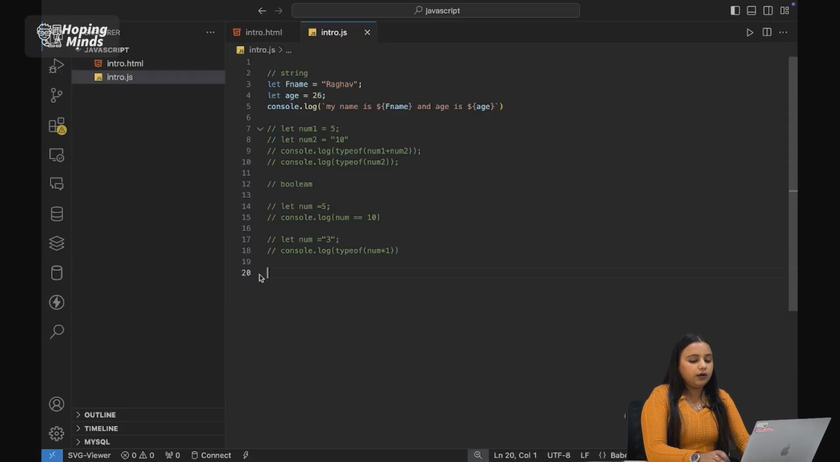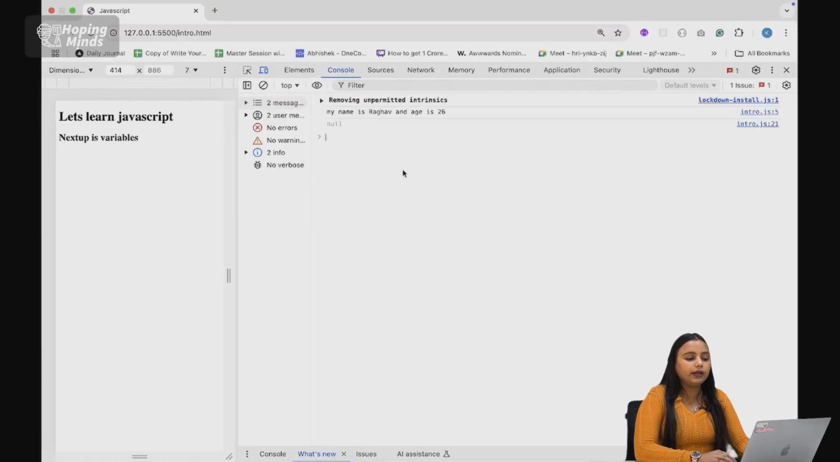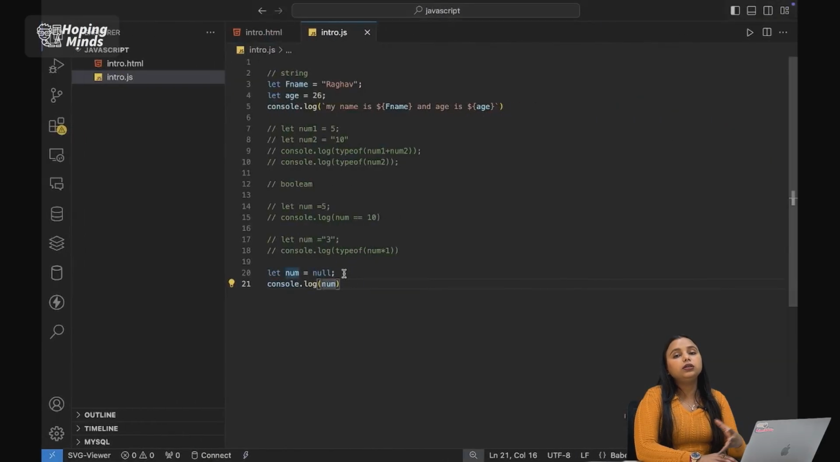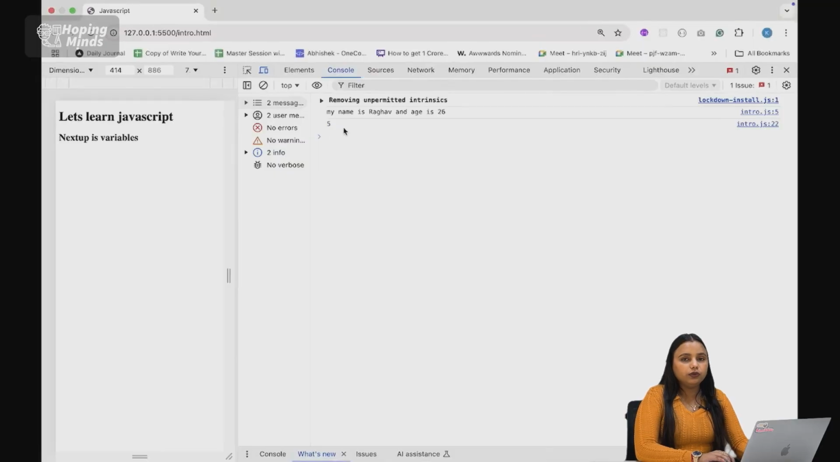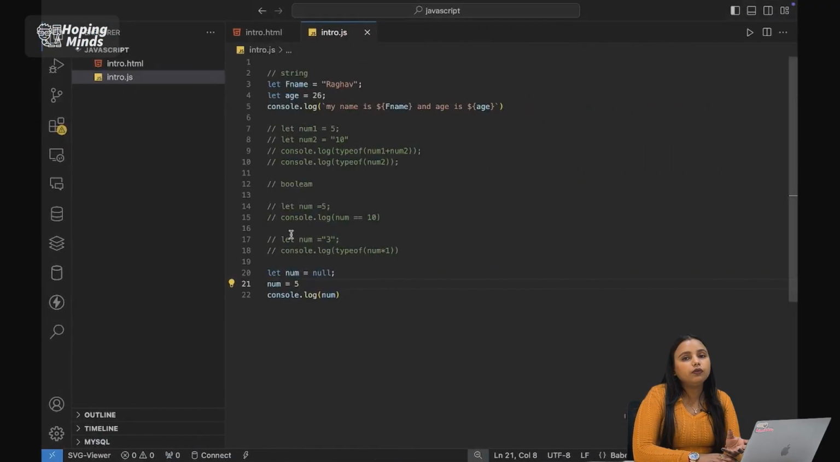Now let's suppose I have defined this num is equal to null. Null means this is an empty variable. I have assigned nothing but null. So now print it, console.log num, and check, you are getting null. But why is there a need for the null data type? See, when I write num equals 5, what is printing? 5 over here. So what was the use case of null? So null, whenever we assign